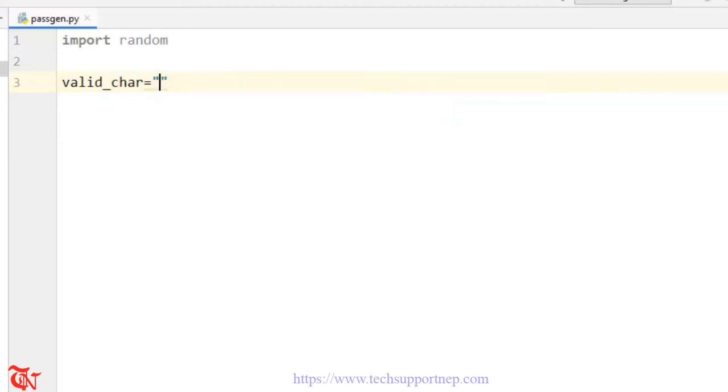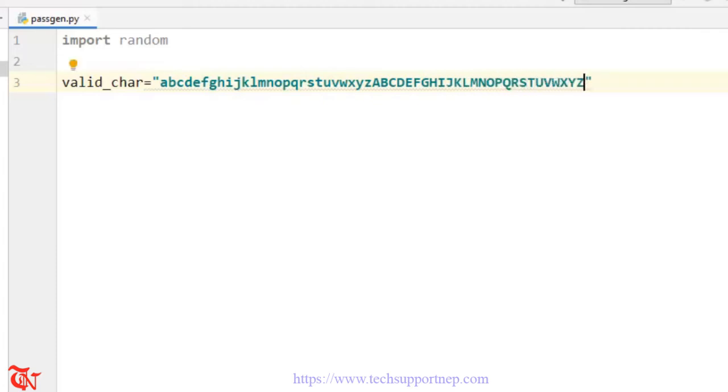our letters and numbers. So a b c d e f g h i j k l m n o p q r s t u v w x y z and then capital letters A B C D E F G H I J K L M N O P Q R S T U V W X Y Z and then numbers 0 1 2 3 4 5 6 7 8 9. You can also include special characters like at, exclamation, hash, dollar sign, percentage, but I'm not going to use